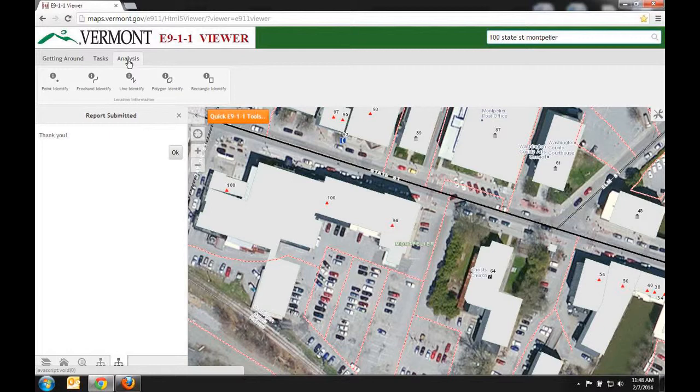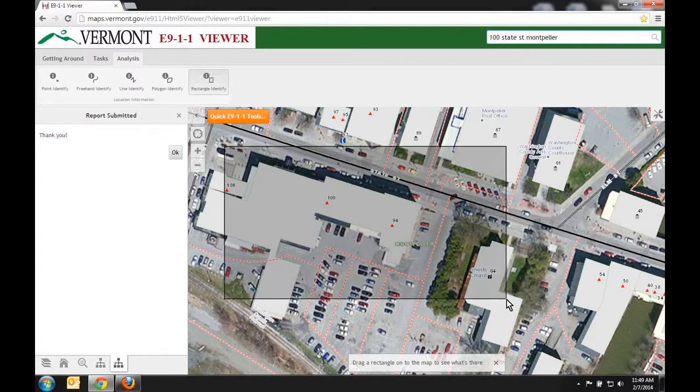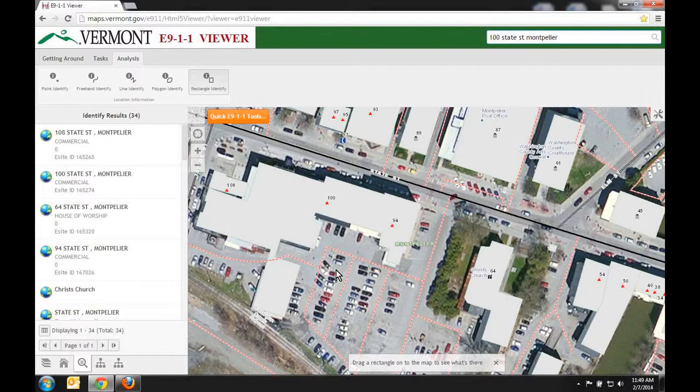In this case, I want to use the rectangle identify tool right here. So if you select this, you note that it is highlighted, and to be able to pan on the map again, you simply just check it again and it will be unhighlighted, and then you're free to pan on the map. But for my example, I'll highlight it and simply click and hold your selection on the map,